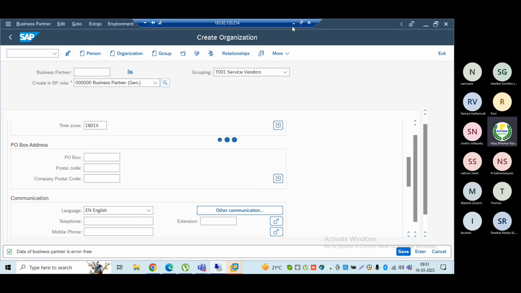Fine, let it create. I will record that number. Maybe it is because the system needs to pick up from multiple areas, finance and cross components. That is the reason it is taking time. Also, this group is being used for the first time.